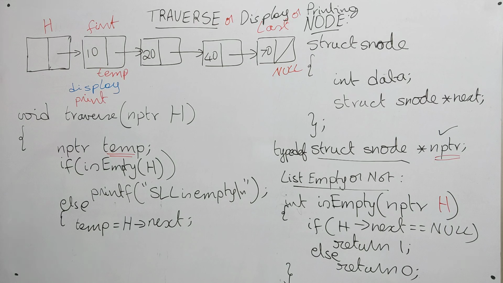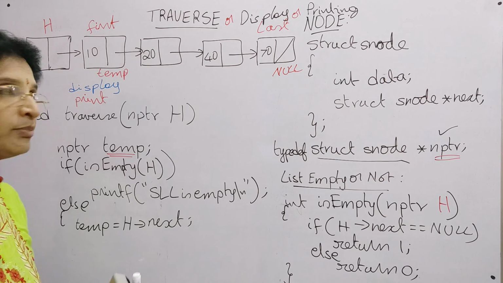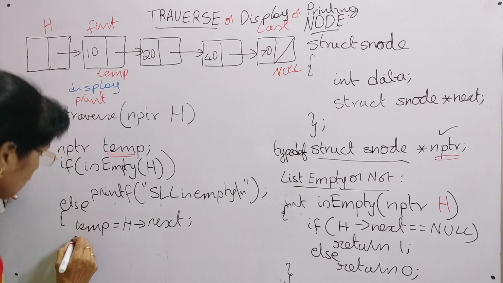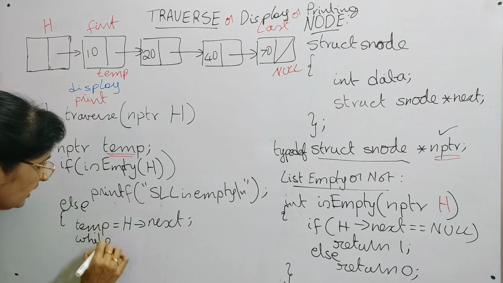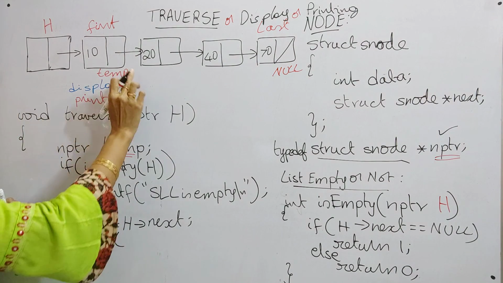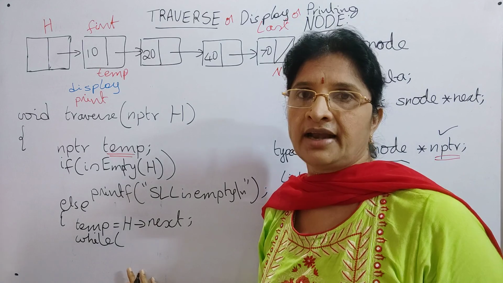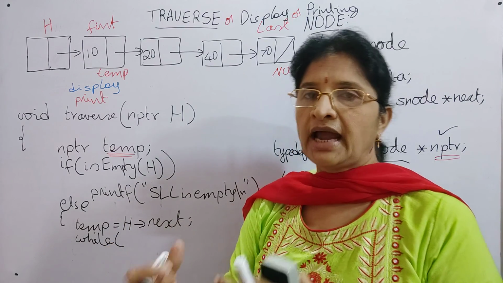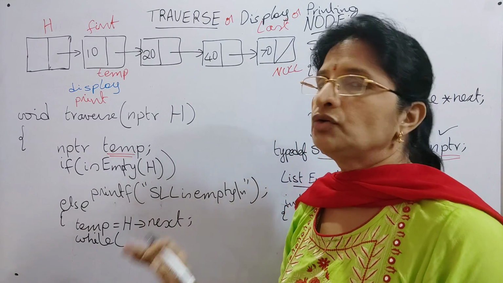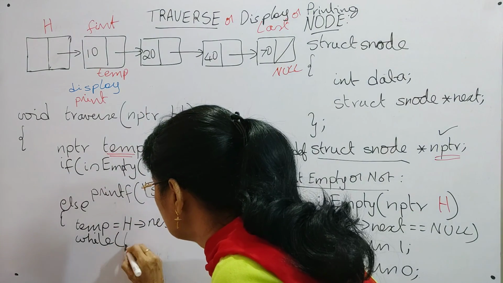display the value now. Before displaying, you have to check whether a node is there or not. For example, when we go past the last node, you will have null. So you have to check whether a node is there or not. How can you check it? Suppose temp is not equal to null. What does it indicate? It indicates that it has the address of some node. So you have to check whether the temp value is not equal to null or not. So what will you do here? You will write it as